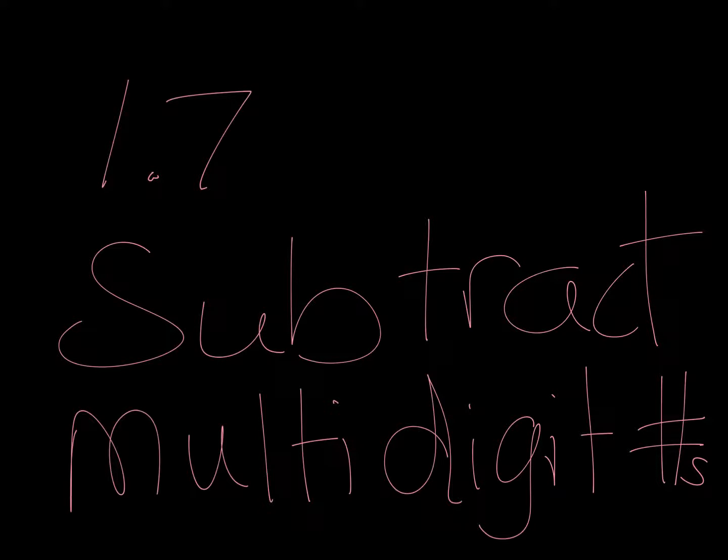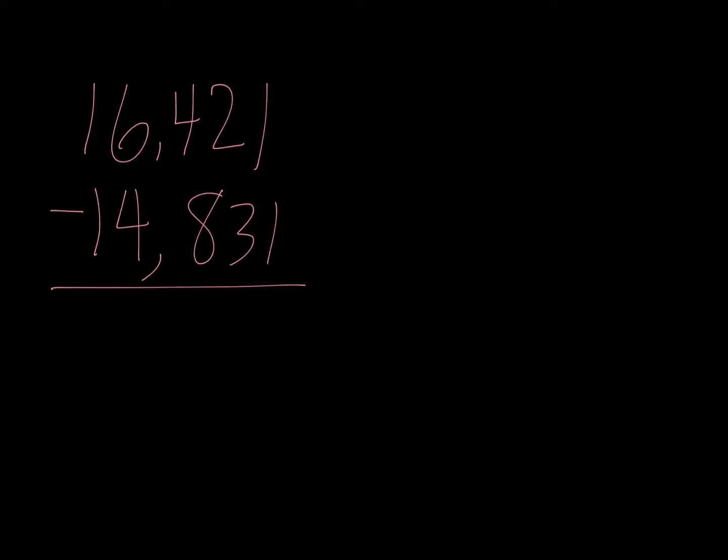Today's lesson is 1.7, subtract multi-digit numbers. Okay, boys and girls, so doing multi-digit subtraction is very similar to the addition. You still have to estimate before you find your difference. So we're going to try to get a more accurate estimate. Instead of rounding all the way to the highest place value, we're going to round to the 10,000 or to the 1,000th place. That'll give us a more accurate